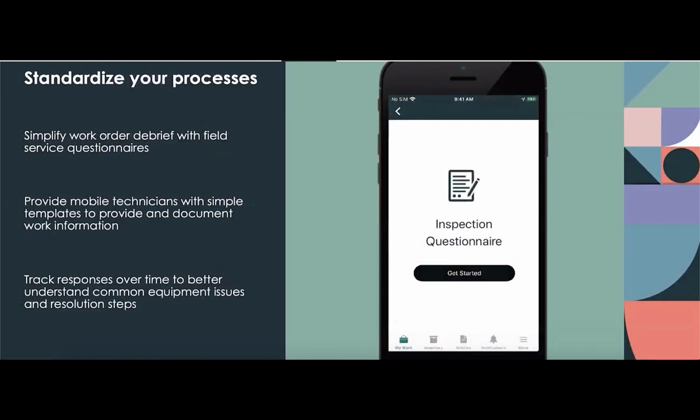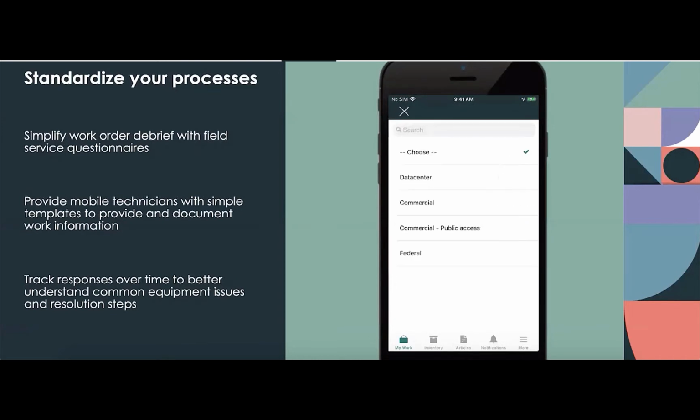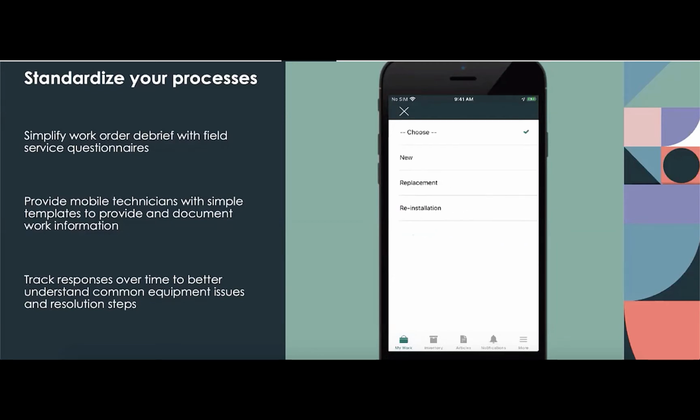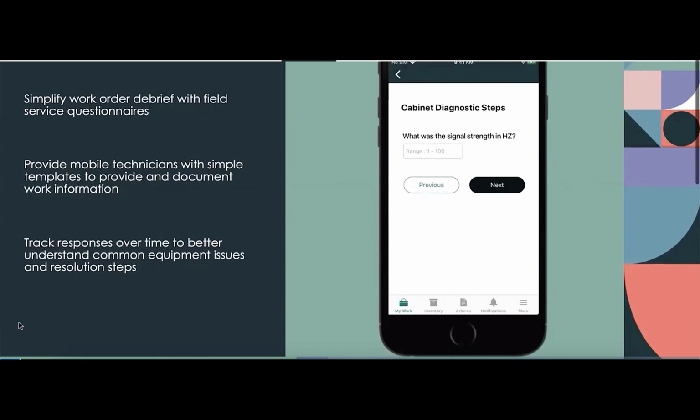We talk about also standardizing your processes. When you're working in harsh environments, you want to make sure you're following safety checklists, safety guidelines. You also want to make sure you're enabling your workforce to have a standard way to document and debrief the work that they're doing. You want to also track these responses over time. So using questionnaires, you're able to bring questionnaires into your field service management workflow. As an example, before a technician starts to travel, make sure they're doing a vehicle safety checklist. Before they enter someone's house, make sure they're performing a safety checklist. You think of a COVID world, making sure that they're sanitizing themselves, wearing a mask, wearing gloves before they walk